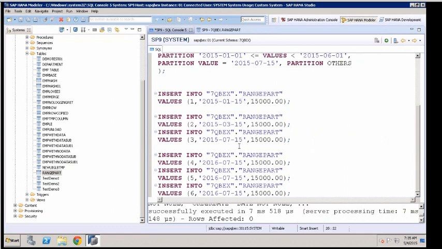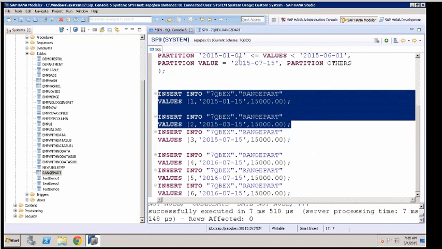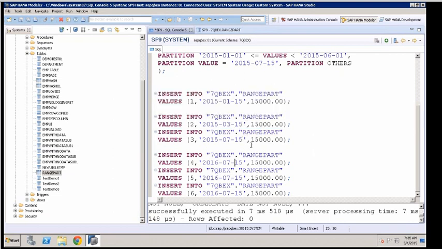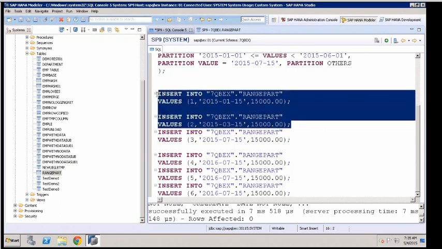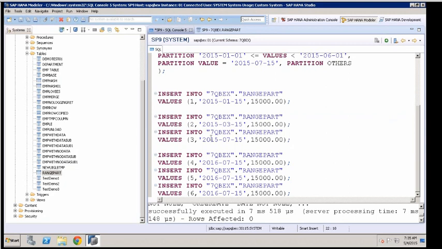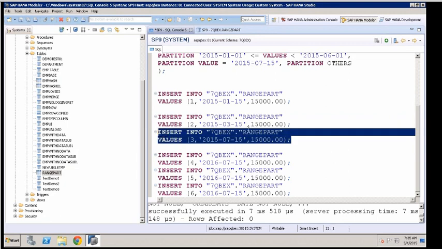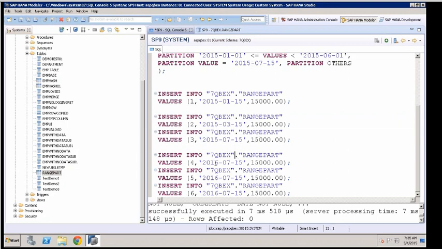Okay. And then you can go about inserting some data. 1501, 1503, 15. Yeah. First block, like next day was 15th August, sorry, 2015. So these two are between 1st of Jan to 1st of June. But this is on 15th August. So 15th August is what? Second partition. But these are 15th August 2016.